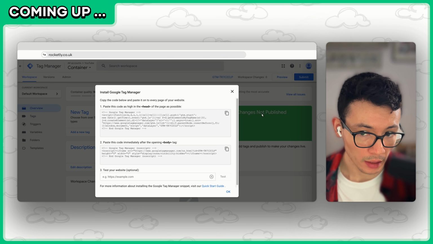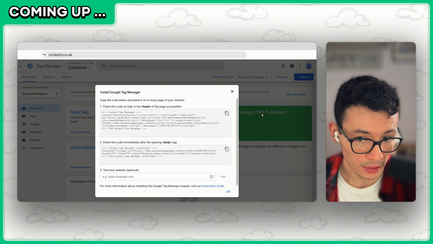So when you've created a brand new Google Tag Manager account and container, you'll get a pop-up to install Google